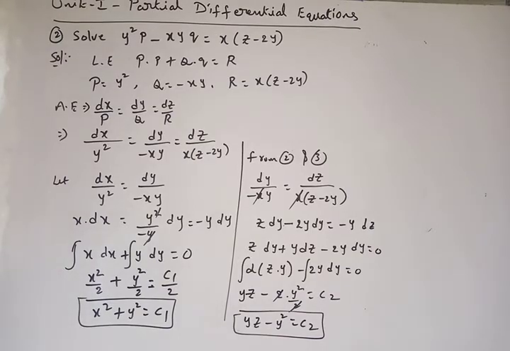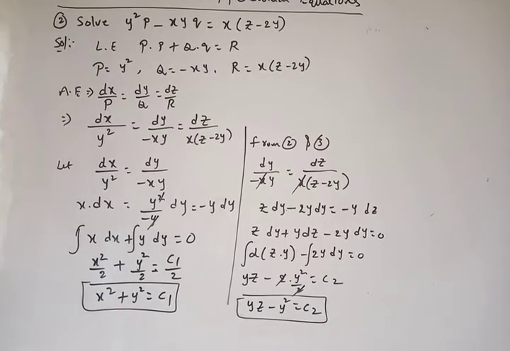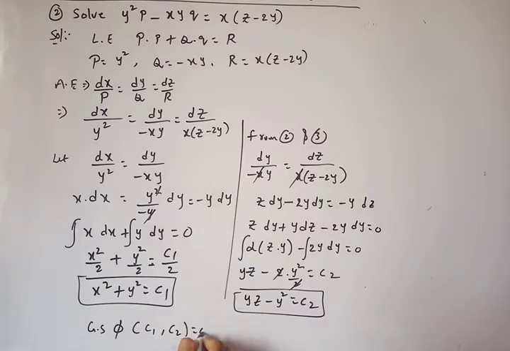So you got the value of c1 and you got the value of c2. So therefore, what is our general solution? General solution phi of c1 comma c2 is equal to 0. This implies phi of, what is our c1 value? x square plus y square comma, what is our c2 value? z minus y square is equal to 0. Okay. So like this, you need to solve this